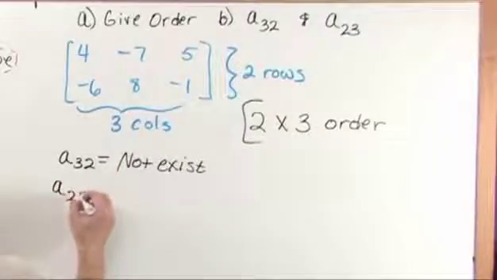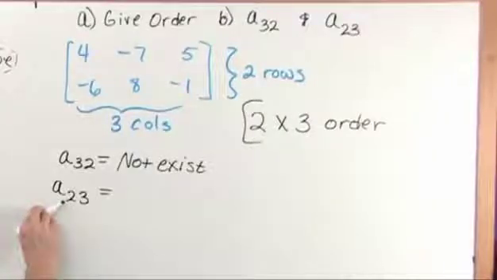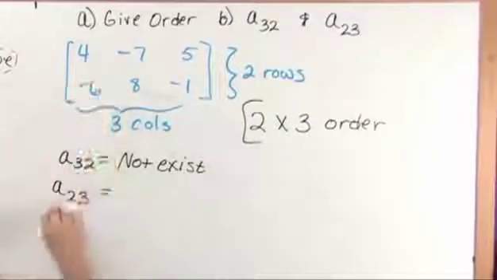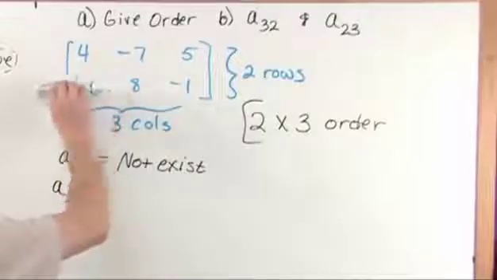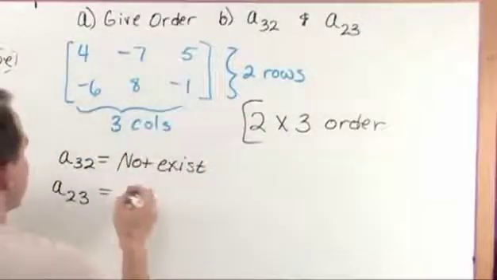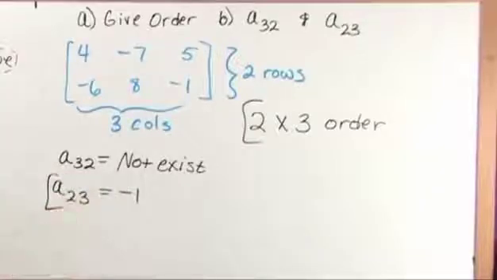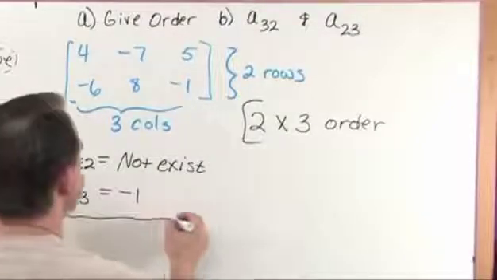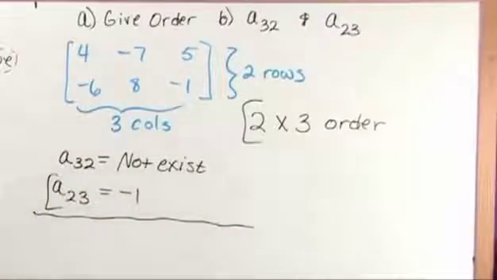Now A sub 2, 3 we're going to be able to find. First number is the row, second number is the column. So row 2, third column here. The intersection is negative 1. A sub 2 sub 3 is going to be negative 1. So that's just what we're doing. We're getting a little bit of practice with identifying the order of the matrix, getting comfortable looking at them, and then pulling out an element just to get a little more practice. Let's say our next matrix